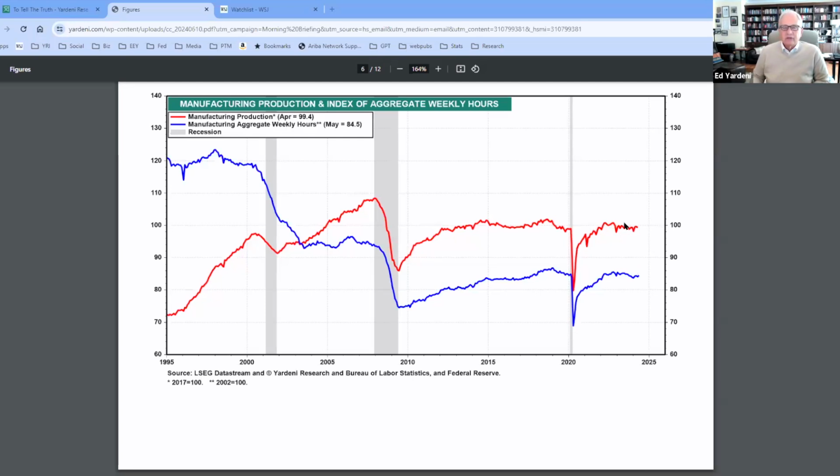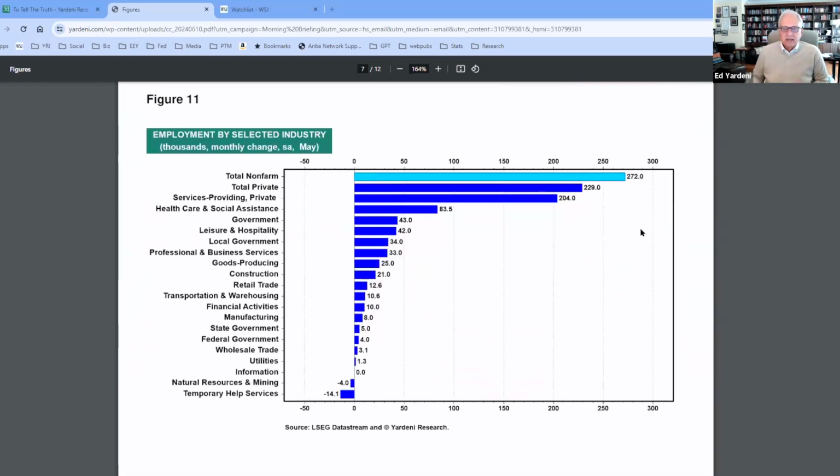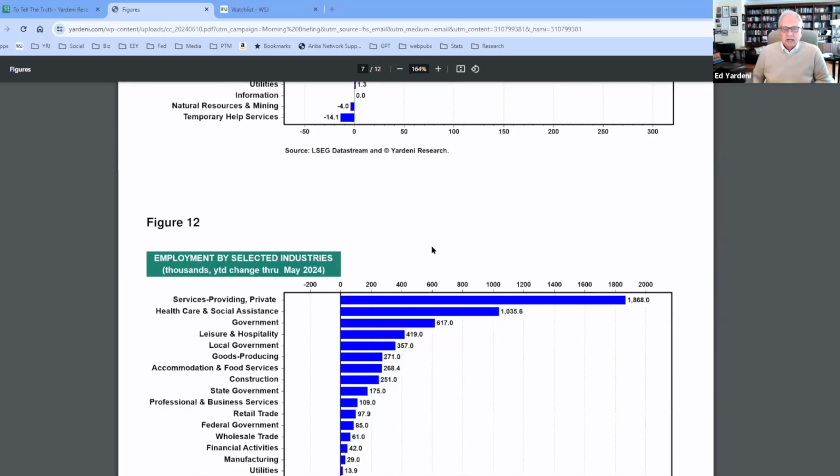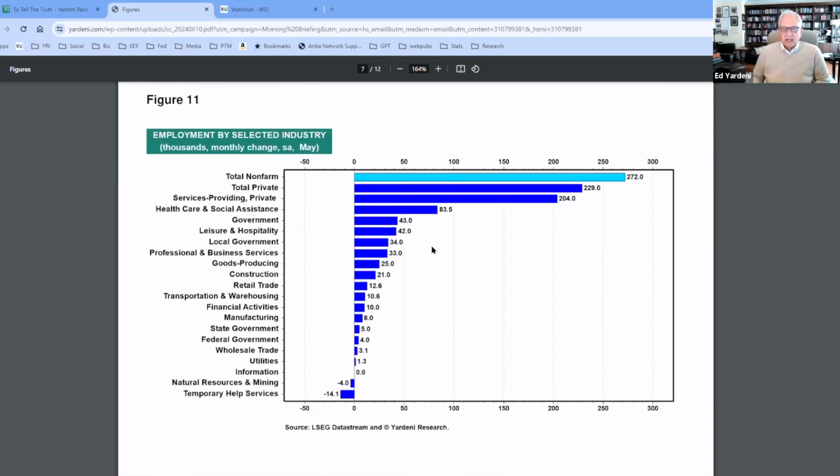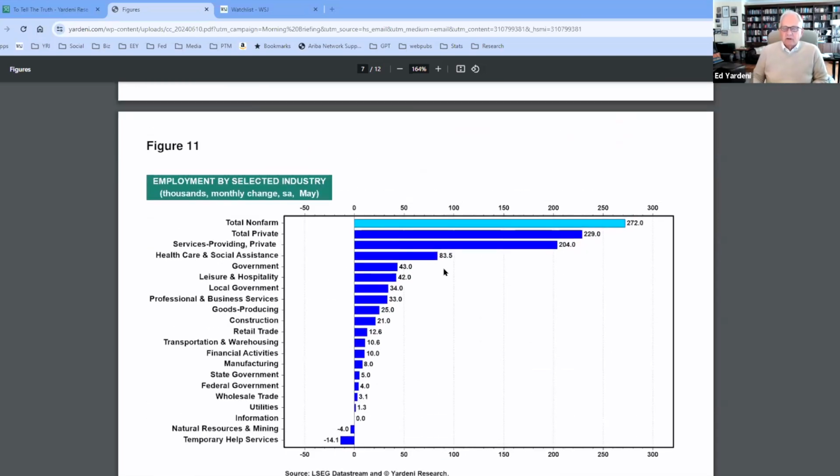While retail sales employment suggests that selling merchandise is still going well, the overall production, maybe we're importing more from China. And by the way, that's why inflation has come down on the good side. So again, let's look at slices and dices of employment by selected industries. This is monthly change. This is year-to-date change. You can look at it on your own, but the basic point is that we're pretty comfortable with what we're seeing here.